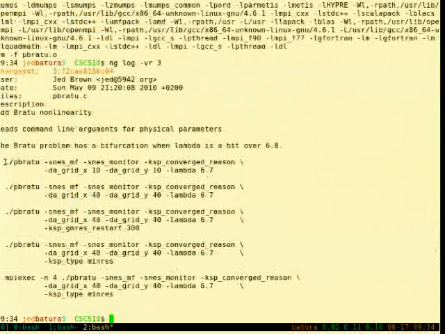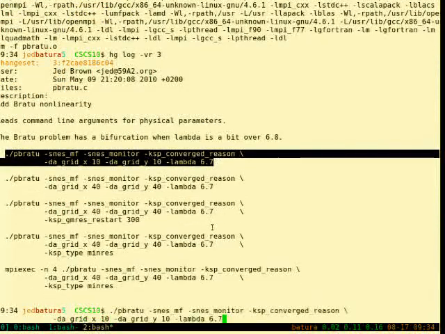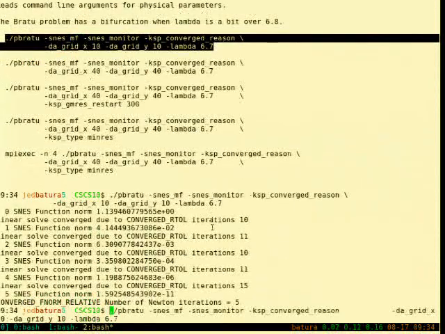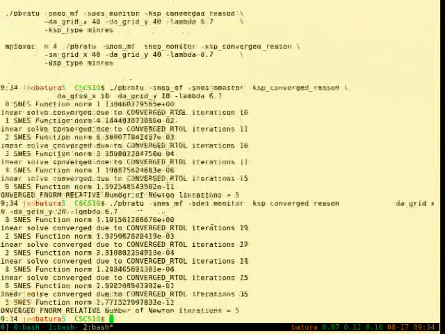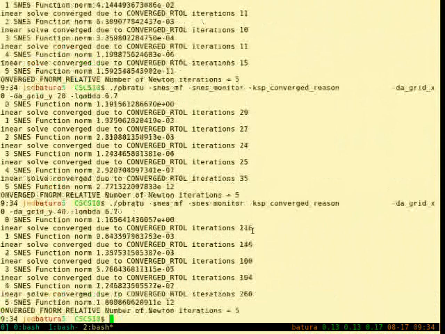This has a few examples in the commit message, so we can run these, and we can look at, say, what happens when we refine the grid. The number of nonlinear iterations stays constant, but the number of linear iterations is going up here. And if we go to a much bigger problem size, it goes up more.